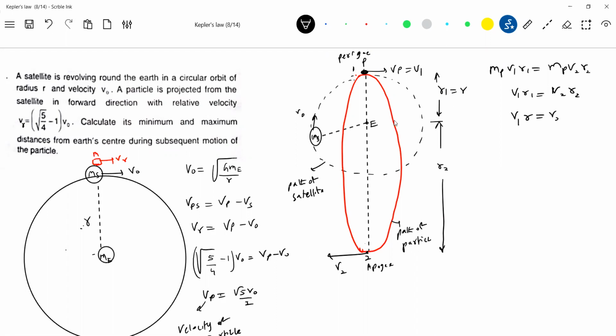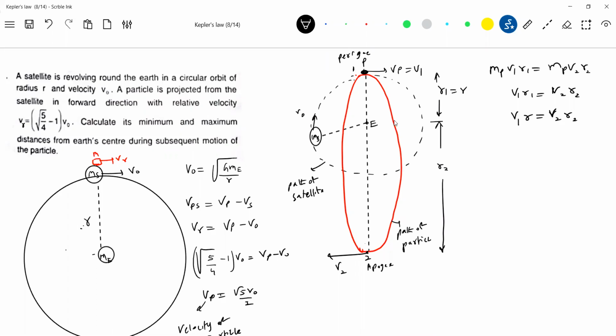So, sir, now your question is, why is R1 equal to R? Already we explained the theoretical idea. No, sir, still we assumed it. Definitely I need a mathematical proof. Okay, at least one thing we are very sure of. What is that? The point where I projected the particle should be either perigee or apogee. Do I agree? Either perigee or apogee.